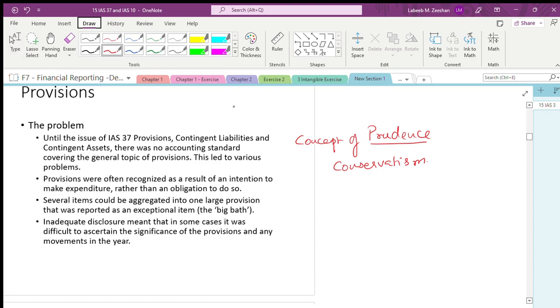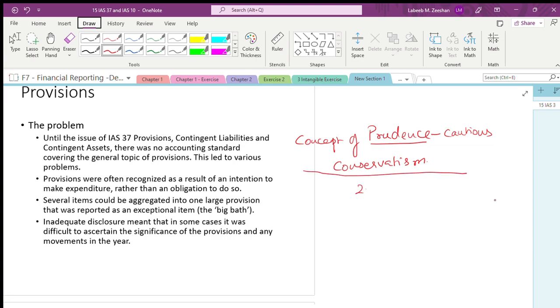Okay. What happens? See that. What is prudence? See, as an accountant, as a finance manager, this is the entire story of this lecture, the entire summary of this lecture. What it says is that you will always be cautious. You will never be aggressive. Accounting is like that because